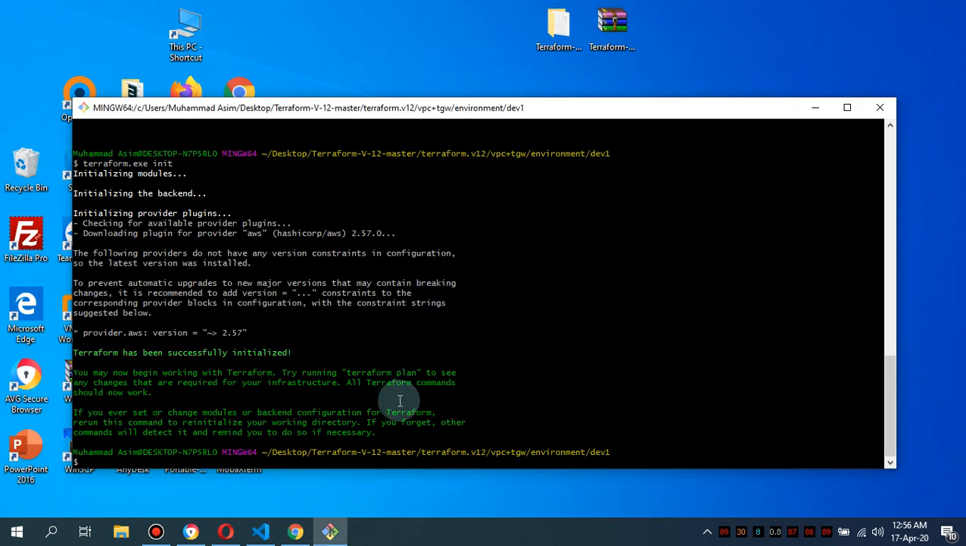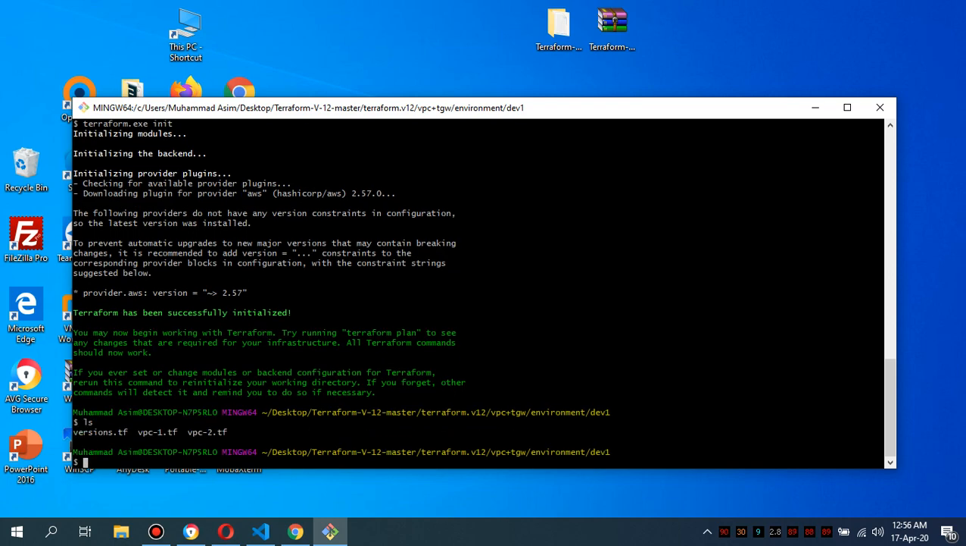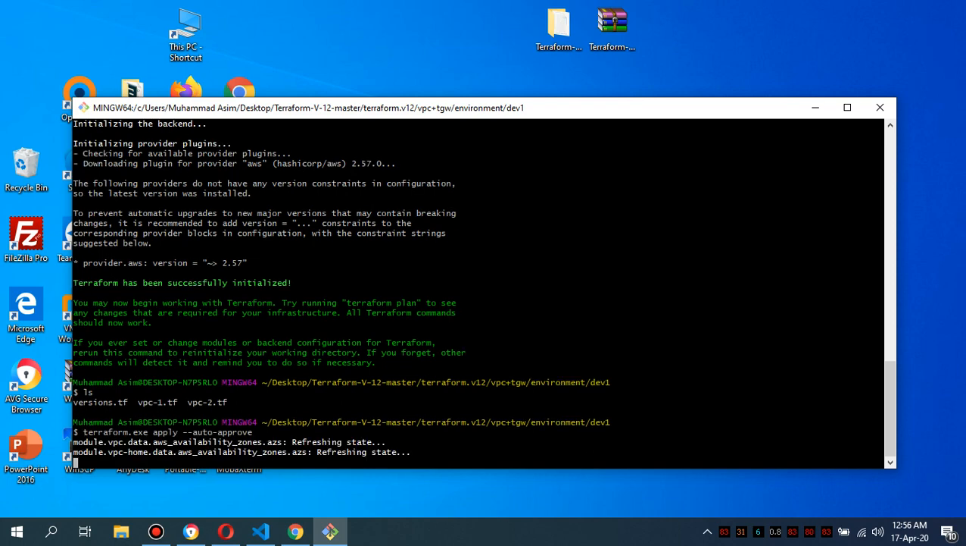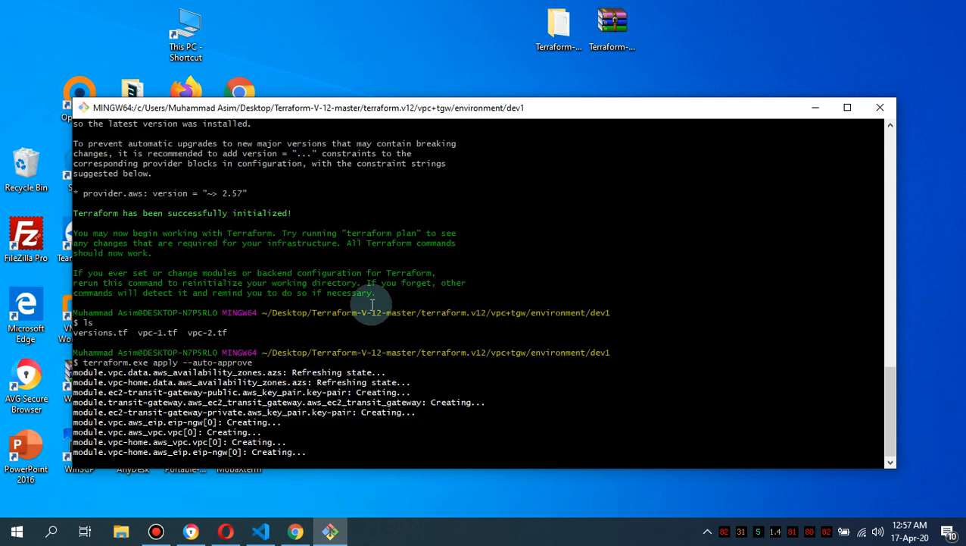So guys, all the relevant plugins are downloaded. Let me show you the files, and I'm going to simply use the command terraform apply dash auto approve. So this will simply trigger our code, and it will not prompt us for the input as far as the yes is concerned. So the resources are going to be set up for our lab in our Virginia region,